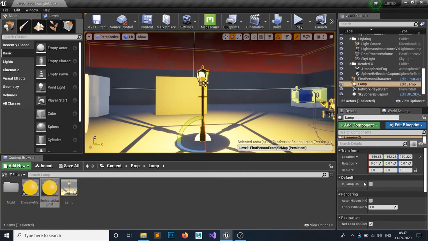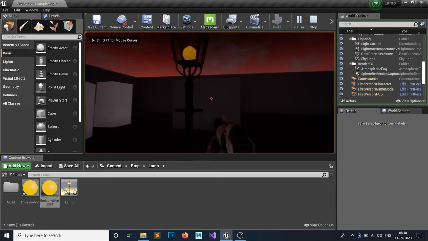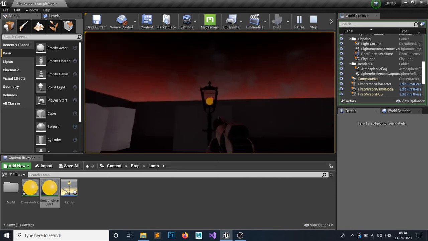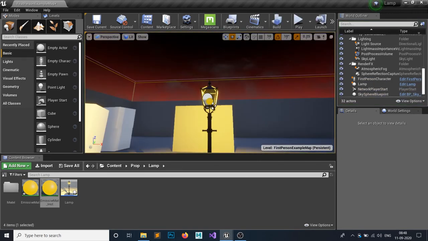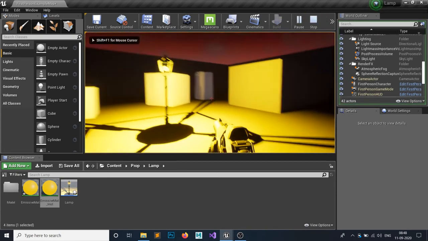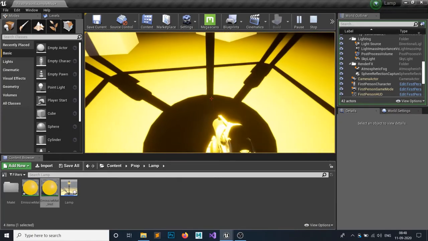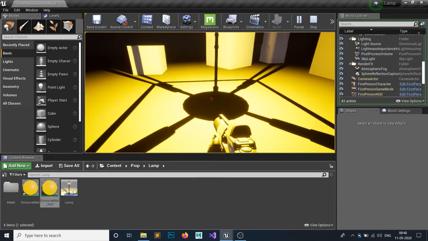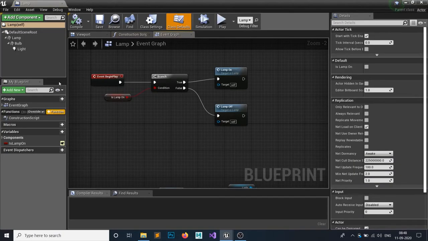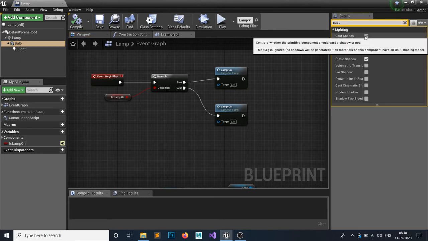So you can see this, our lamp is on, off, and our material's emissivity. But if our lamp is off, we're gonna change that in the future, then you can see our lamp's emissivity. But you're gonna see it is also casting the shadows of this bulb, but we don't need that because it looks a bit less realistic. So how are you gonna do that? Just open that up, click on this bulb and search for cast shadows, and you're gonna see this cast shadows.